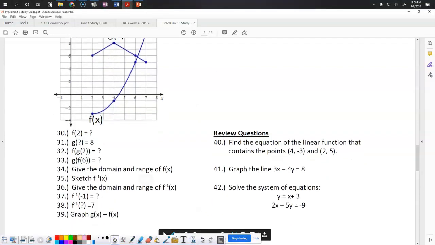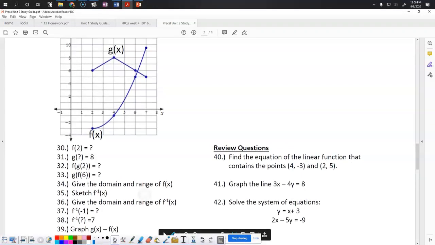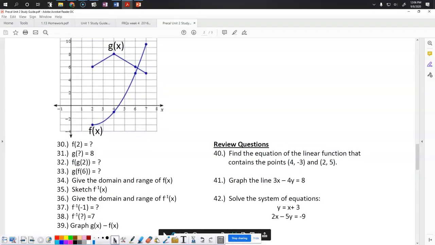All right, the last thing we're going to do is graph. Now, most of you prefer the table method for graphing, so that's what I'm going to go with. But there was a faster method, and if you felt comfortable with that, feel free to do it. Just make sure you got it right. Okay? When it comes to graphing a combined function, what you want to start off by doing is set up a table. So to set up your table, you need an x